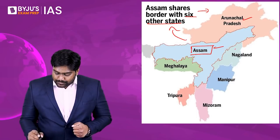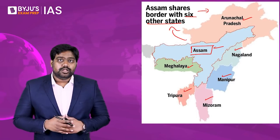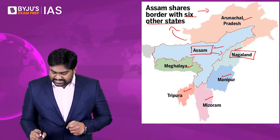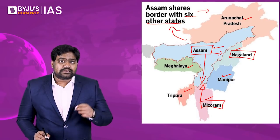This includes Arunachal Pradesh, Nagaland, Manipur, Mizoram, Tripura, and Meghalaya. So this clearly makes the first statement correct. And please remember, Assam has boundary disputes with Nagaland, with Mizoram, and recently Assam and Mizoram had clashes and conflicts